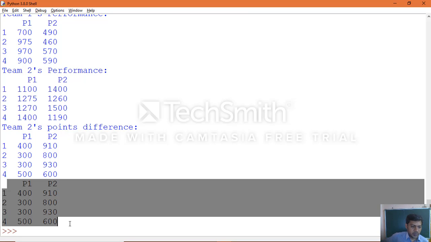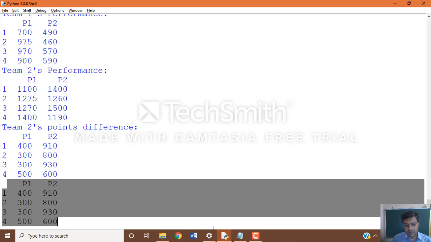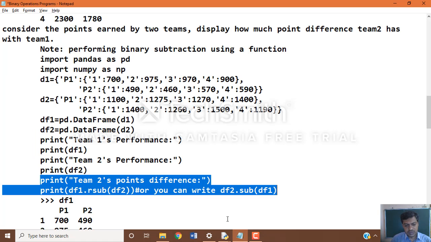You can see the result in both cases is the same. Even if you use the subtract function, sub function also, it will give you the same result which we saw in interactive mode. While working with interactive mode, we saw that the result comes in the same manner.